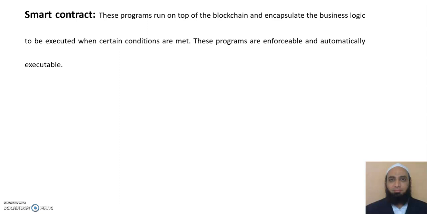The smart contract feature is not available on all blockchain platforms, but it is now becoming a very desirable feature due to the flexibility and power that it provides to the blockchain application. Smart contracts have many use cases including but not limited to identity management, capital markets and trade finance, record management, insurance and e-governance.